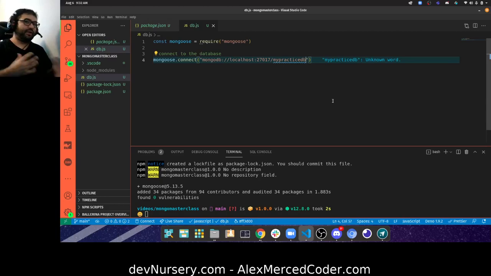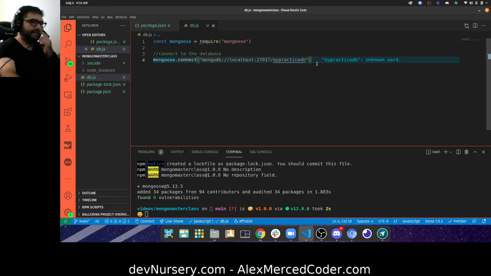This is different than working with SQL databases where like if the database doesn't exist, it's going to throw an error saying, hey, this database doesn't exist. Okay. One of the really cool things about working with Mongo is that you can just write your code and it'll just generate the things you need. Okay. Now on top of that, if I do this, okay, I technically can just run this code now, and I'll already see,